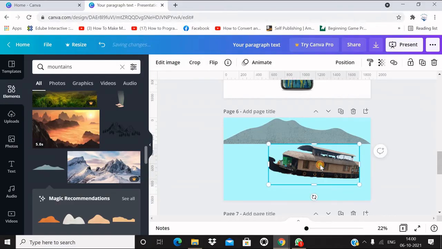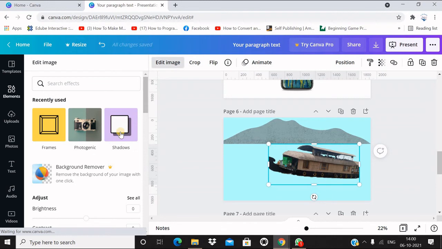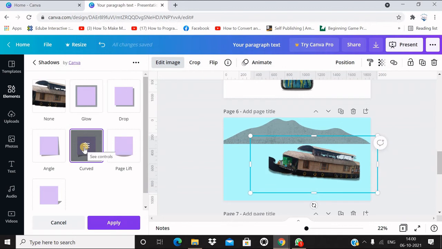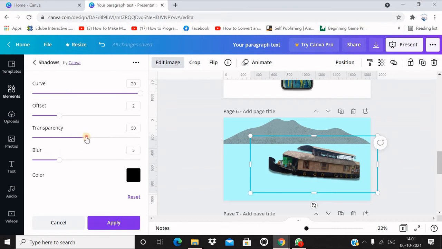Now let us select the image of the boat. Go to edit image. Select shadows. A shadow has been created. You have controls here.